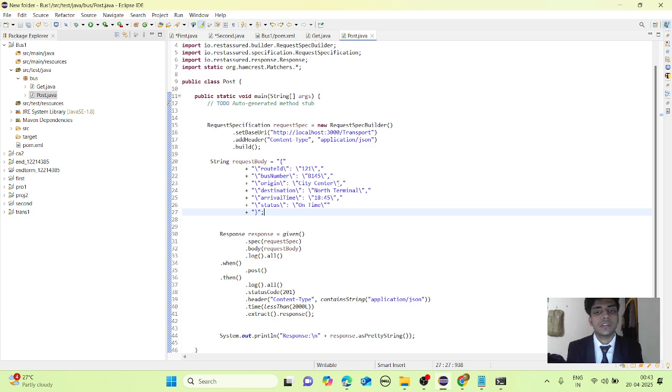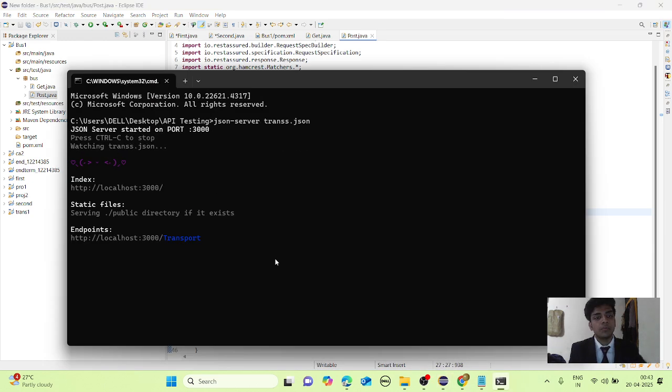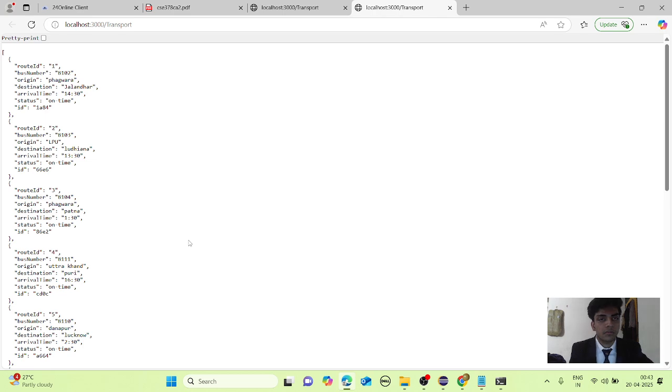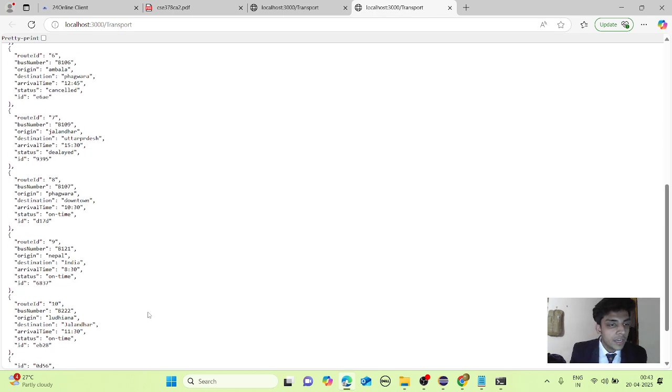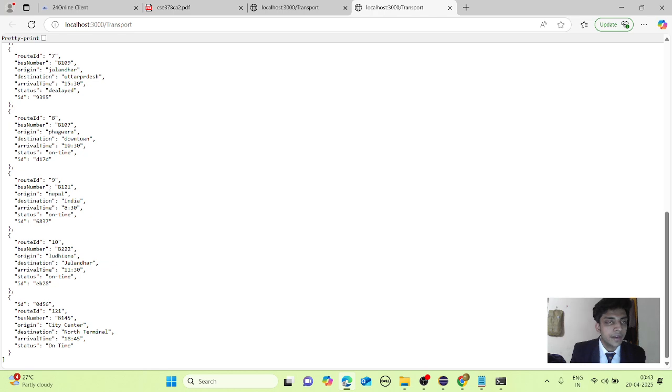Now the thing we have to verify is whether it has been added in our active API. For this we have to go to the command prompt, press Ctrl and click here. Now you can see at the last that route ID 121 with unique ID 0D56 has been added.